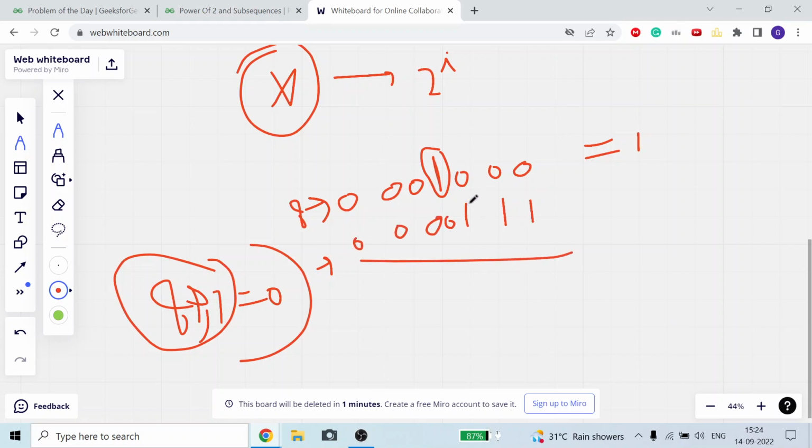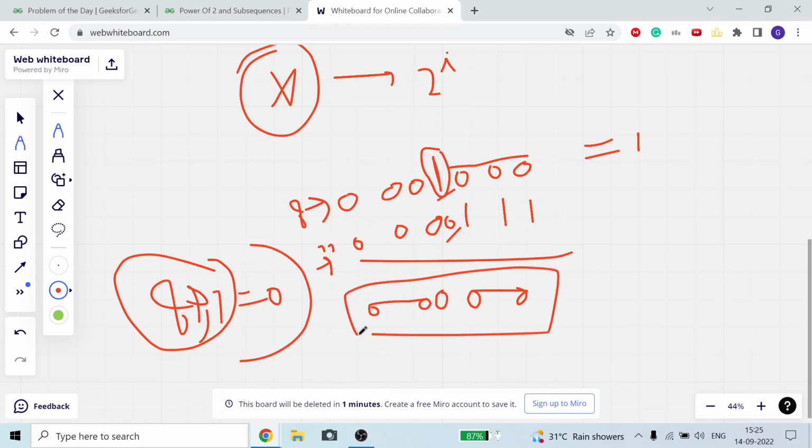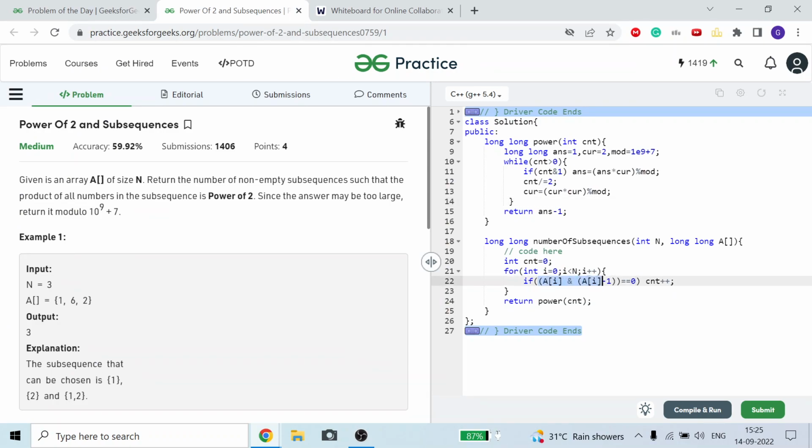Now if you take the AND, then before this all bits are 0, but in 8 minus 1 all the bits are set, so it will give us 0. And from this bit, all bits after are 0, and this bit is set in 8 but in 7 this bit is 0, so it will become 0, so all bits will become 0. So this is equal to 0. So if x AND x minus 1, that is, if a[i] AND a[i] minus 1 is equal to 0, then we will count plus 1. Count is the total number of elements in our array A which are powers of 2.